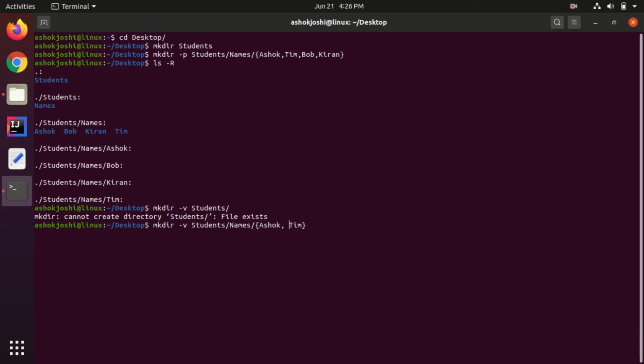Notice you don't have to give space here. If you give space, then your output won't look the same. So there shouldn't be any space here. Tim, Bob, and Kiran.